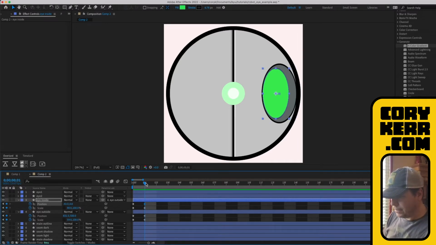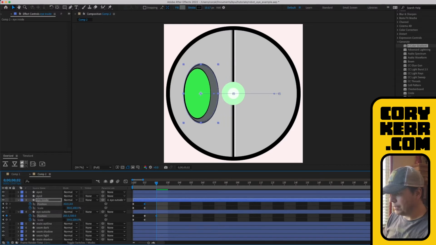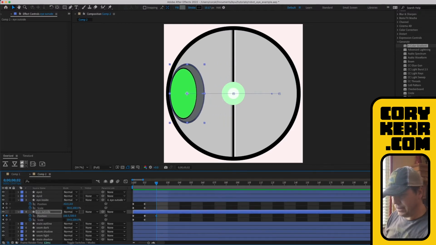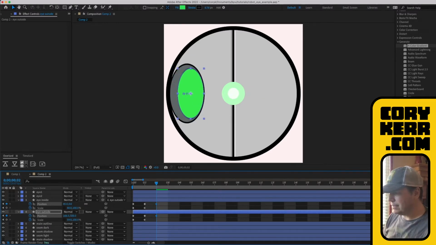Okay. Then I'm going to go all the way to the left. And so you can basically just switch these out, right? I'm going to leave my scale, and I'm going to move this over all the way to that side like that. And then where does my keyboard go? I'm going to move this over to the inside like that.